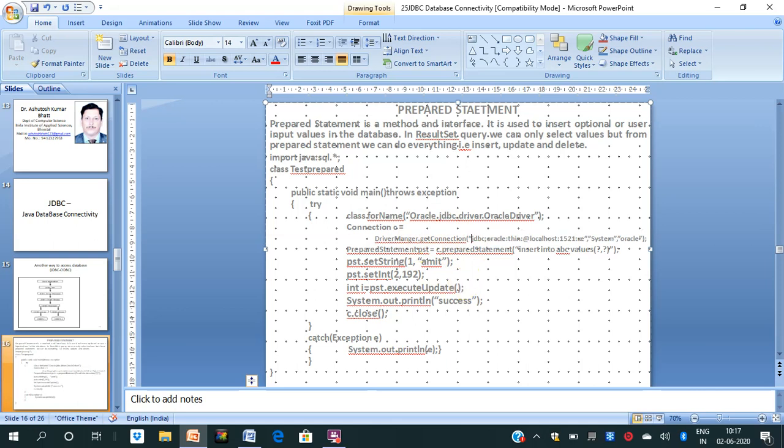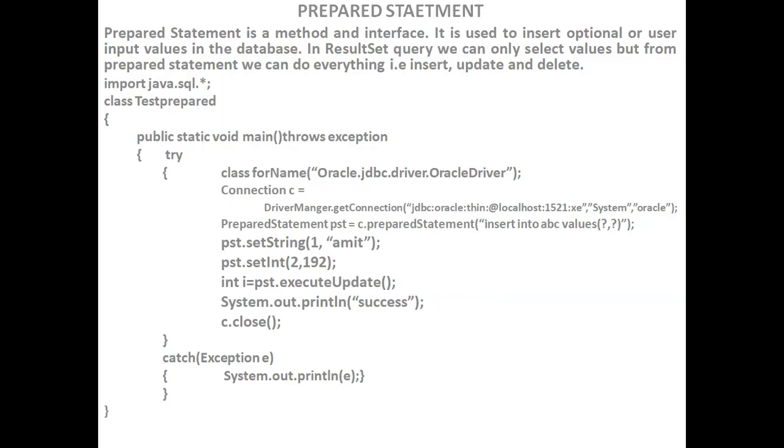It starts with jdbc: colon, not semicolon, it is misprinted here as a semicolon. jdbc:oracle:thin:@localhost:1521:xe. So 1521 is the port number, and this is the connection string, and system is the username and oracle is the password.